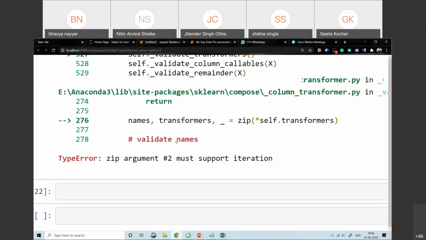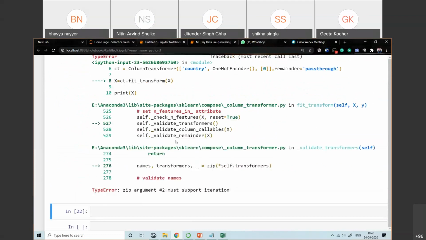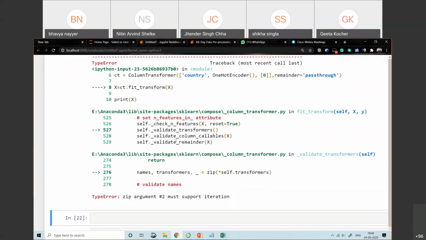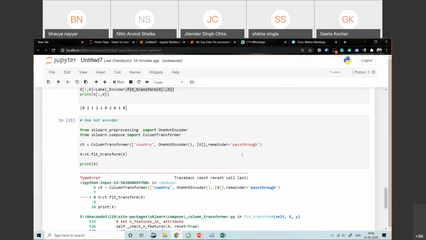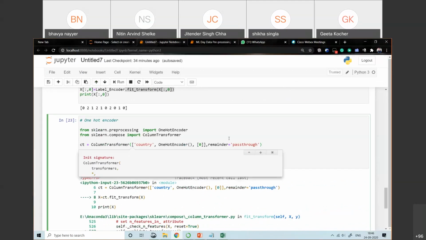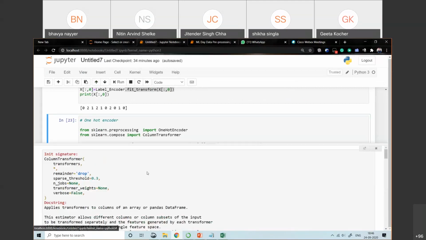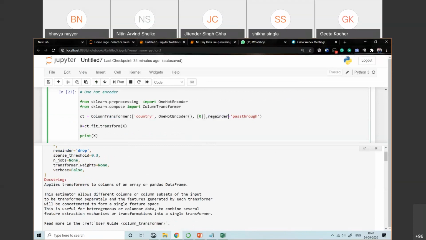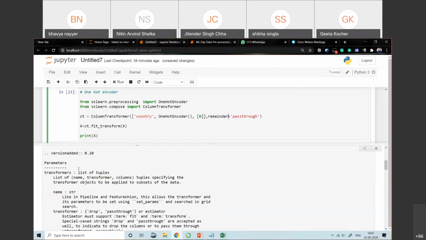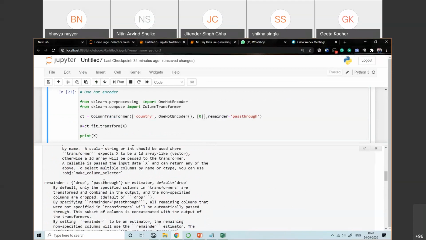Now let me execute. Again, we are getting an error. I think it's the passthrough spelling. Wait, I will check. Remainder, okay, then remainder is equal to what? We have passthrough. So let me just copy and paste it over here.